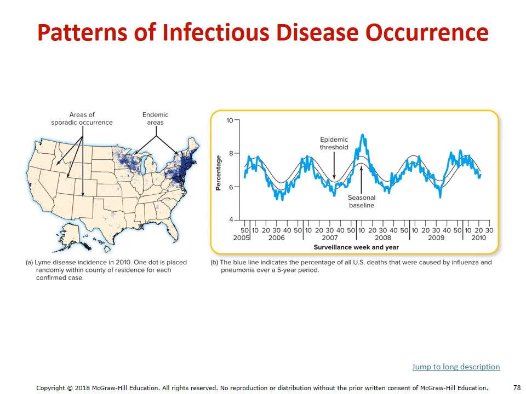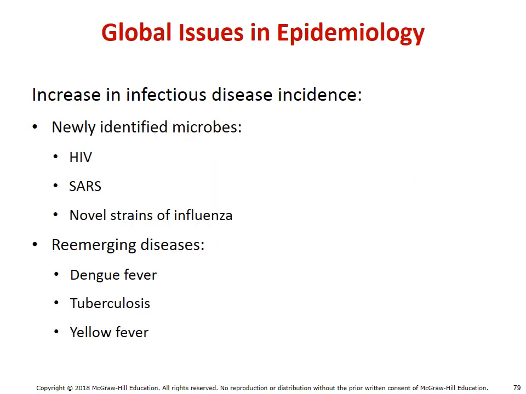The same illustration we can see over here, but this is with the incidences of, looks like flu. So you can see every year, flu declines in the summer, spikes in the winter. Declines in the summer, spikes in the winter. But notice again, any deviation above the norm, it can be considered sporadic, or in this case, even epidemic. Epidemiology isn't just about a local or even a national level. It's even a worldwide issue. In fact, there's always going to be new infectious diseases out there that we're going to have to try to learn to deal with and ultimately even track.